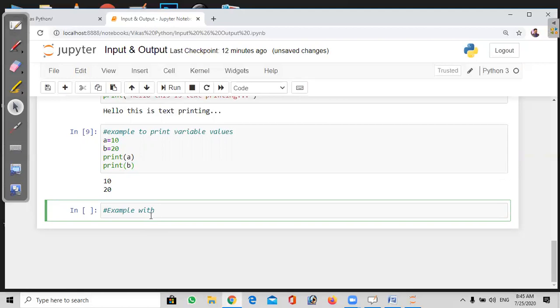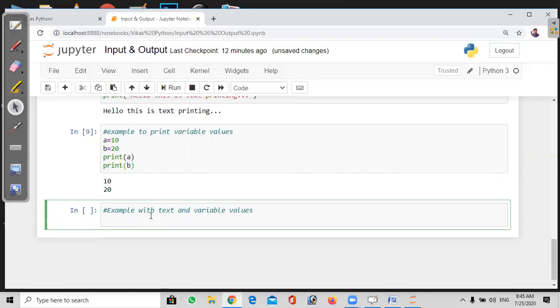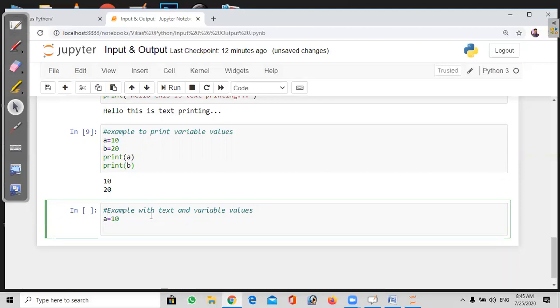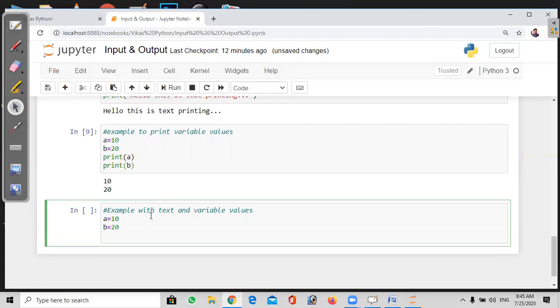Example with text and variable values. Here I'm going to take a equal to 10 and b equal to 20, and print, combining text with variables. "a value is", comma a.